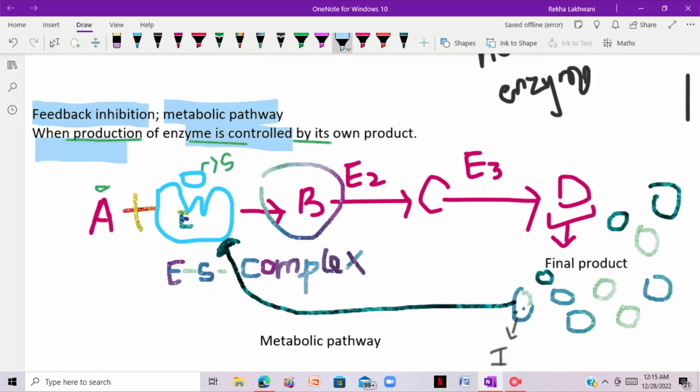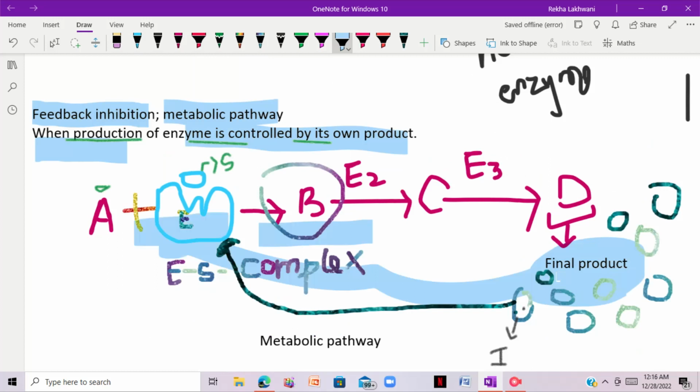So this feedback inhibition is actually an example of a reversible non-competitive inhibitor. So I hope this is clear to you, and with this our chapter has been